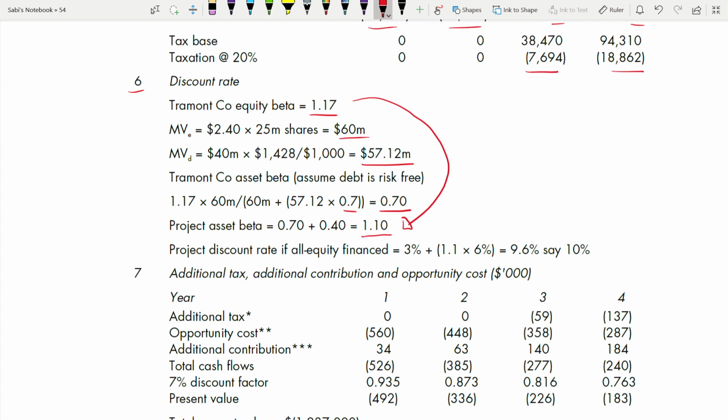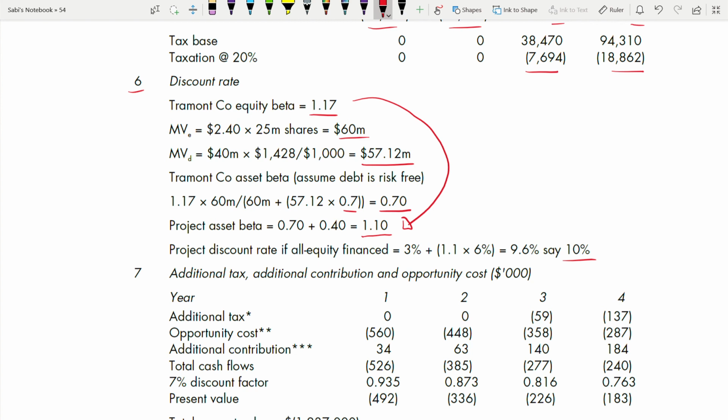So that 1.1 you multiply by the 6 risk premium and add the risk free rate, and you get 9.6, which rounds up to 10%. Whenever there is some cost of equity or cost of capital or WACC, and it is 9.6%, 9.7% or something like that, you can round up to the whole number. Let's say in this case it is 10%. But first you need to write the exact number, that it is 9.6, and say 10% you are using. Don't write 1.1 into 6 plus 3 is 10% only. That shows that you have made arithmetical mistakes.